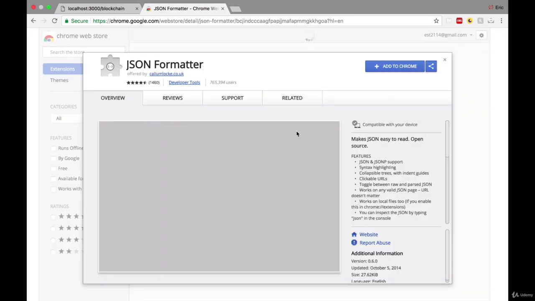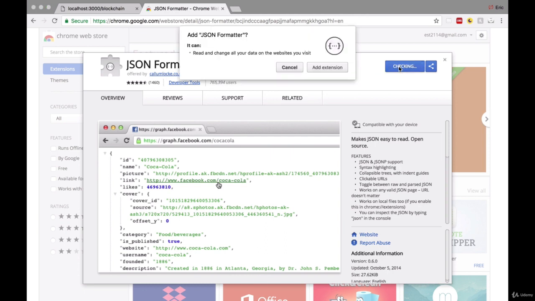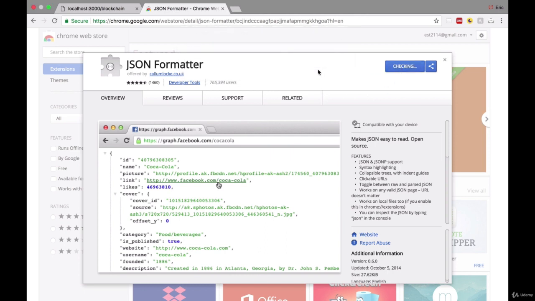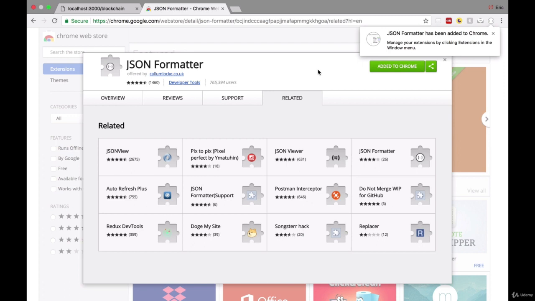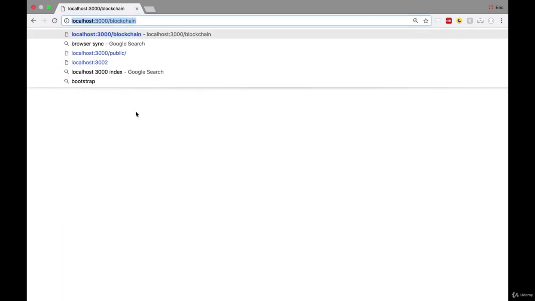And it's really easy to install. We're just going to hit this Add to Chrome button, and we're going to add the extension. Cool. So up here now you can see that this is our JSON Formatter Chrome extension. Cool. So now if we go over here and we refresh the page, which will call this endpoint again,